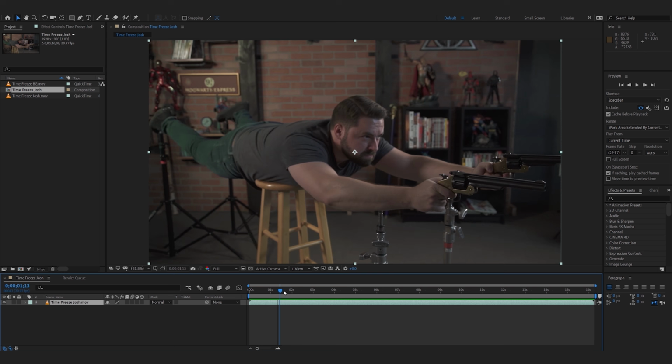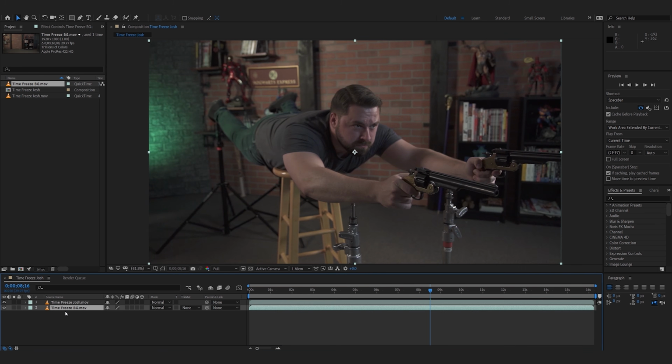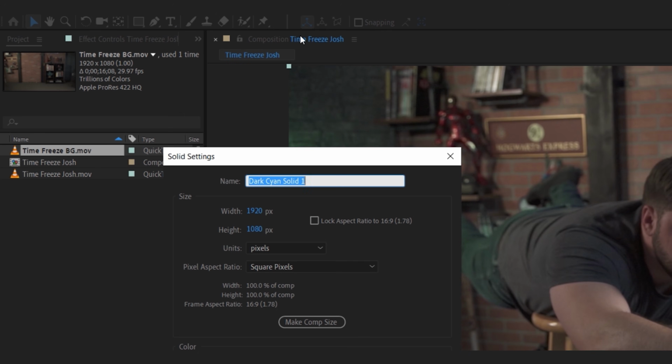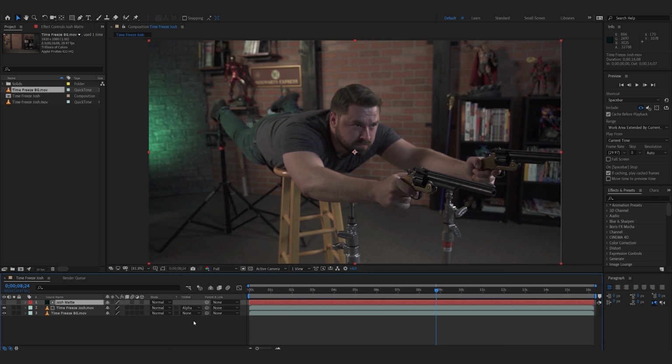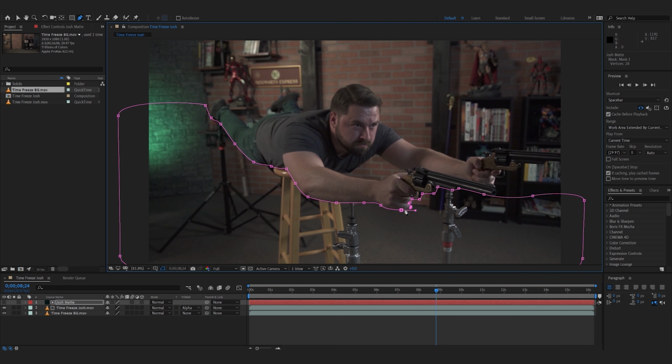Shot's done, we can bring those both into After Effects. And above our actor layer, we can create a solid and we'll call ours Josh Matte. Then we'll set the Josh footage layer to Alpha Matte. If you want, you could draw a really simple mask on the solid layer like this and then go through